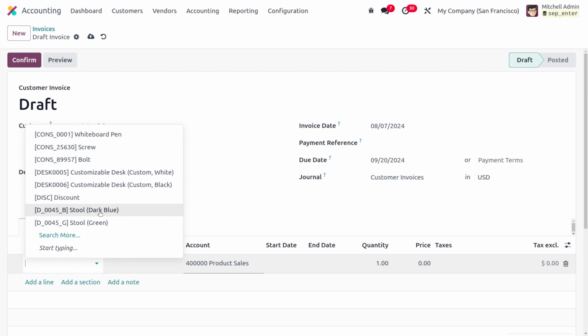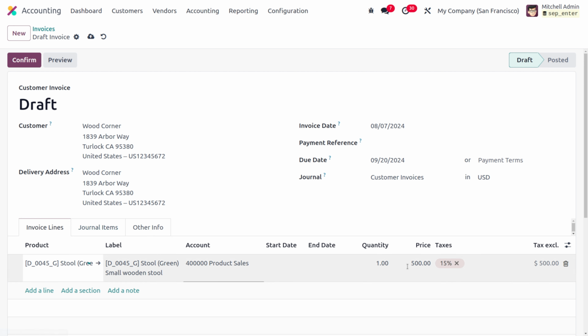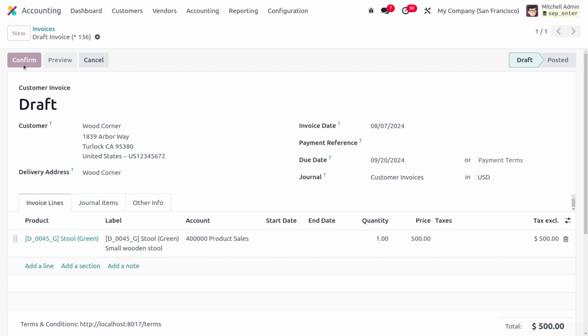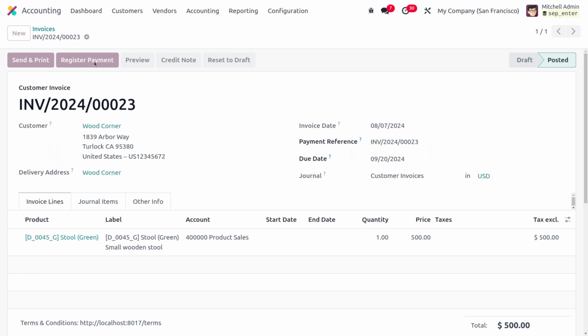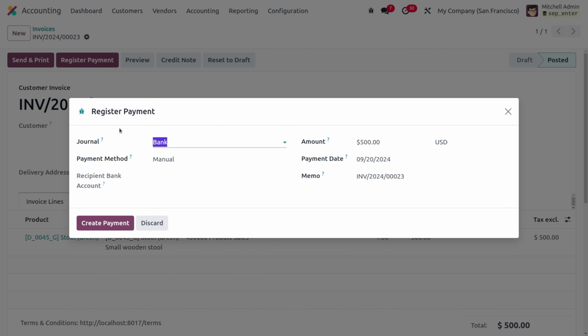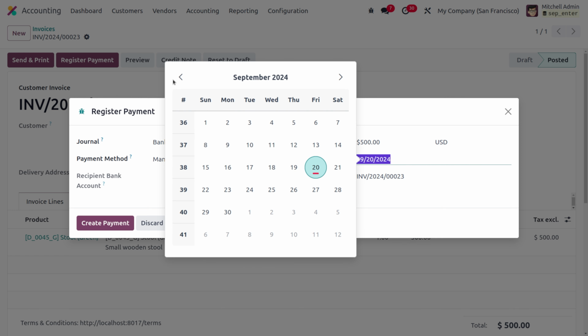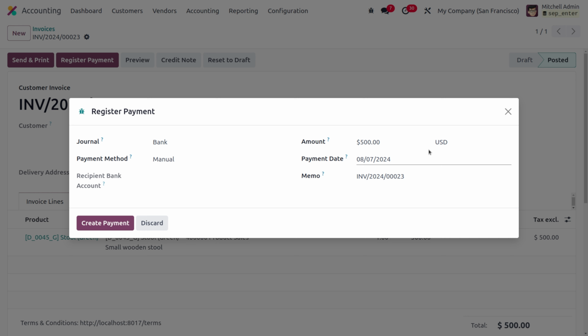And here later on we can fill out the product. So the product is just a stool, and here you can find the quantity as well as its price and everything. Now let me confirm that, and afterwards we just need to make the payment. For that, we are going to register the payment. While registering the payment, we need to set the date in the invoice itself.